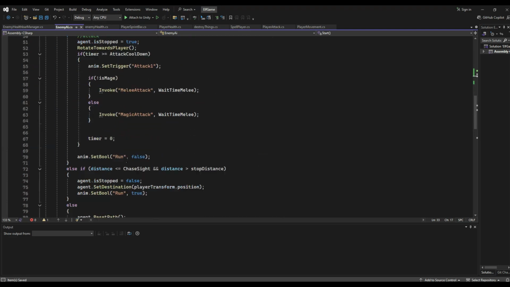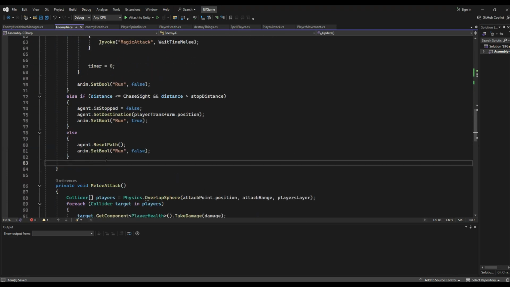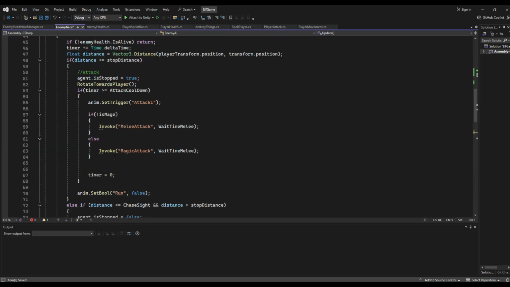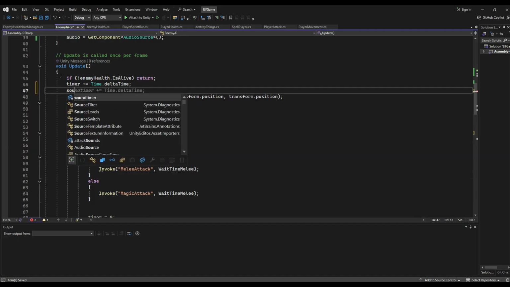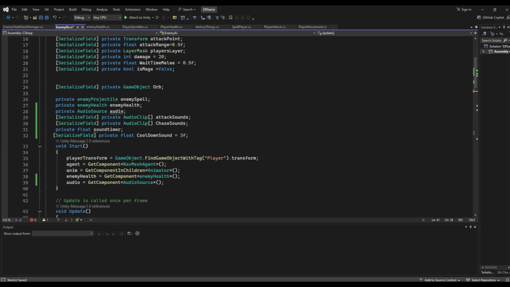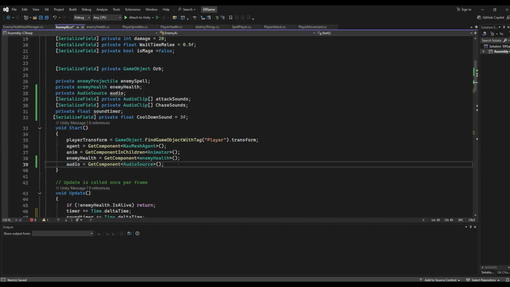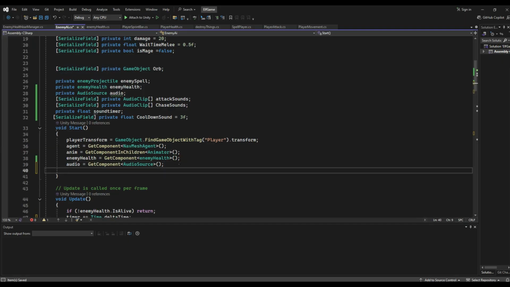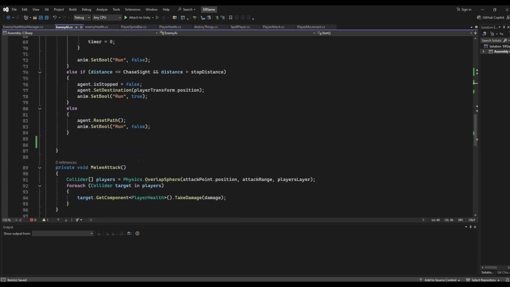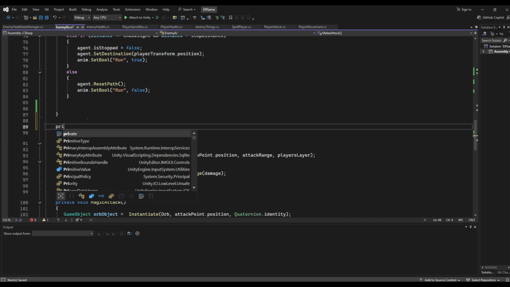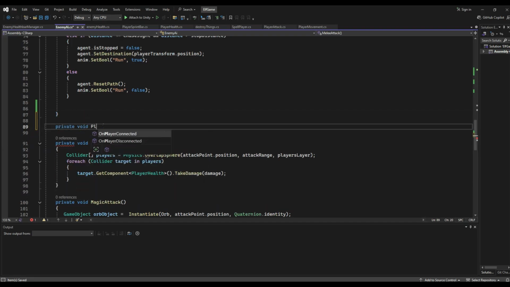And in update, I add it here, sound timer, yes. And here at first, I make it equal to cooldown. So as soon as the enemy is aggroed, it can play the sound, but then it would be 0. So I make a function here and I say private void play